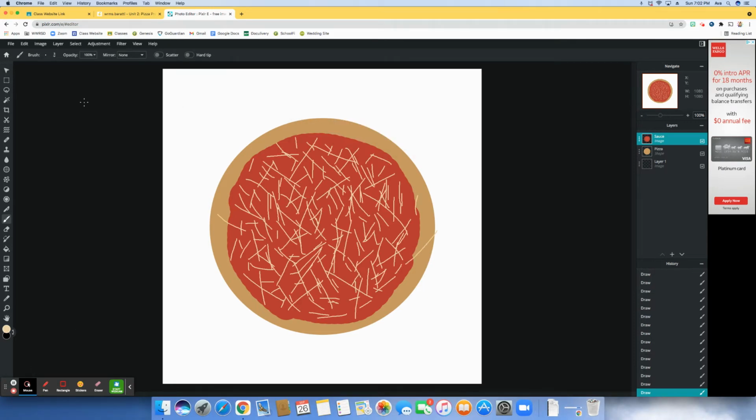All right, I have my cheese finished. I would like to do more cheese, but for the sake of time, I'm just going to leave it as this, but it should look at least this full. Probably should look fuller, but this is a good amount for now. So what I'm going to do next is we are going to find the